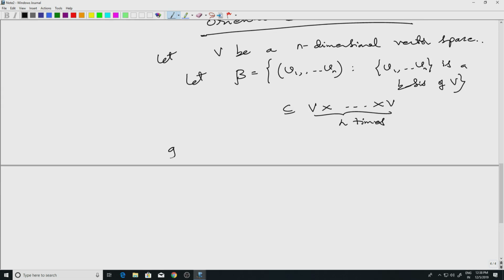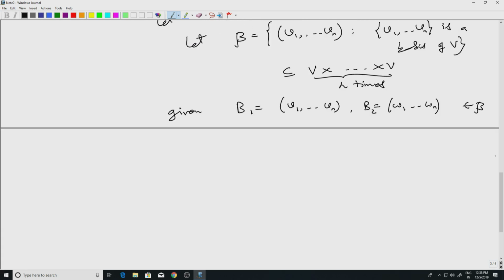Given B1 equal to (v1, ..., vn) and B2 equal to (w1, ..., wn) in this beta, in other words, given two bases,